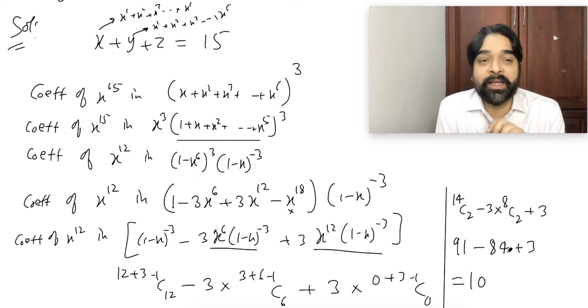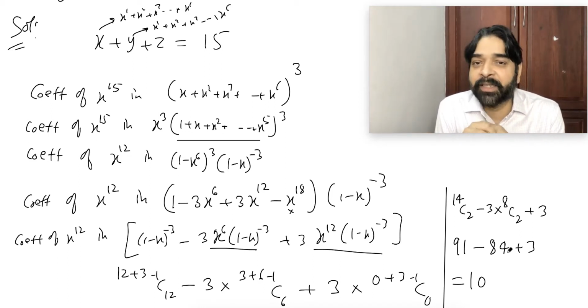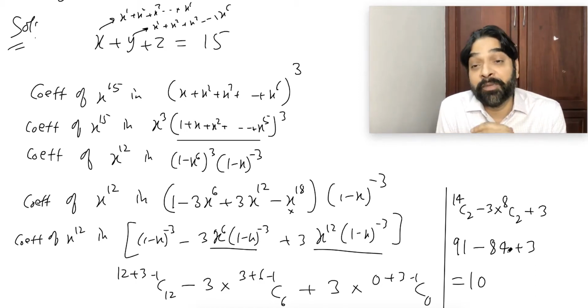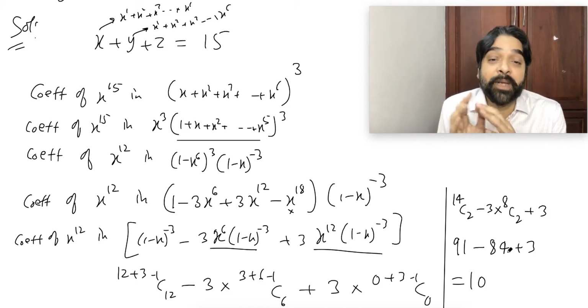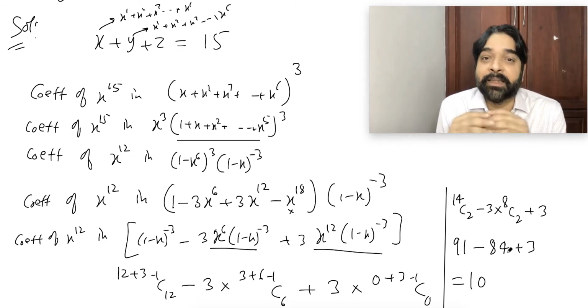If only the minimum was there, the grouping method would be easy and we would be happy. But here both minimum and maximum conditions are there, so if you want to do it that way, you have to make so many cases. The best option is to go by the coefficient method. I already told you the coefficient method is a little bit painful.